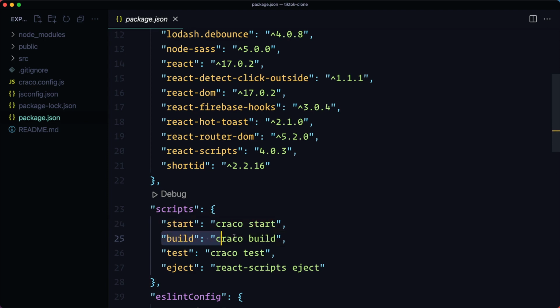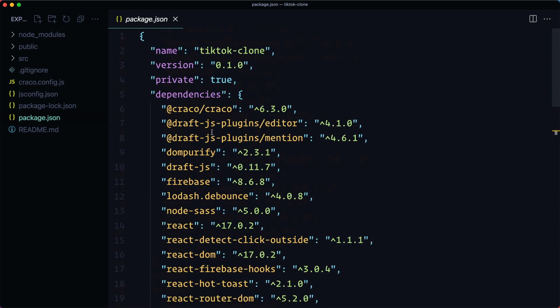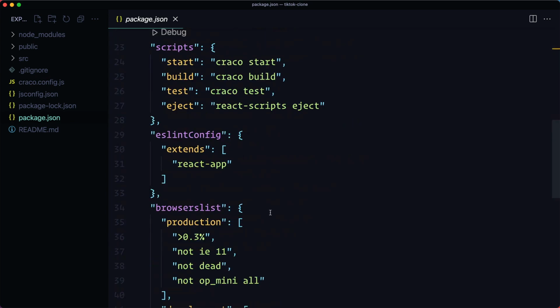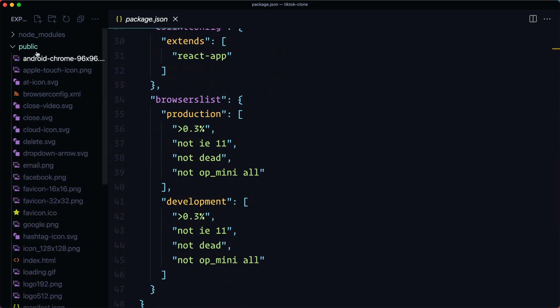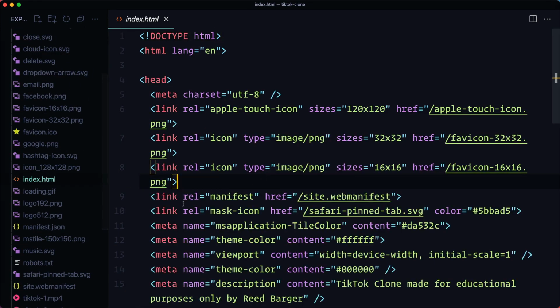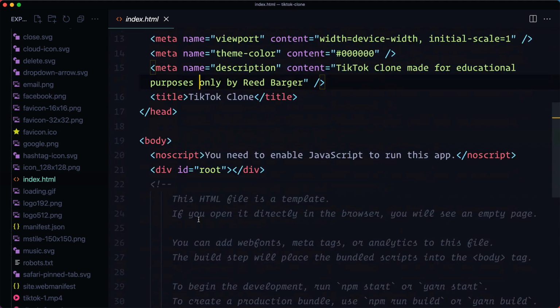And to build our project for production, when we get to the deploy step, we're just going to need to run npm build. And this is a create React app project, so it's going to consist of two main folders. All of our assets, mainly our image files, are going to be in the public folder. And that includes the index.html file that our React app is served out of using a div with the ID